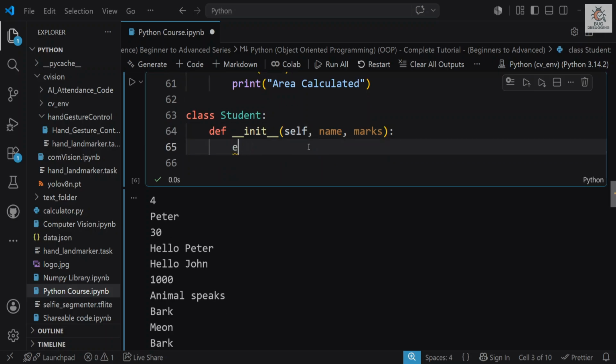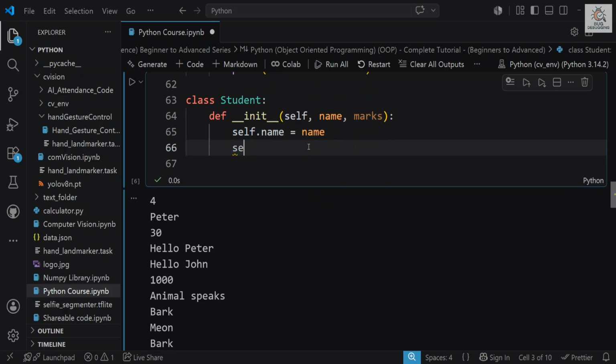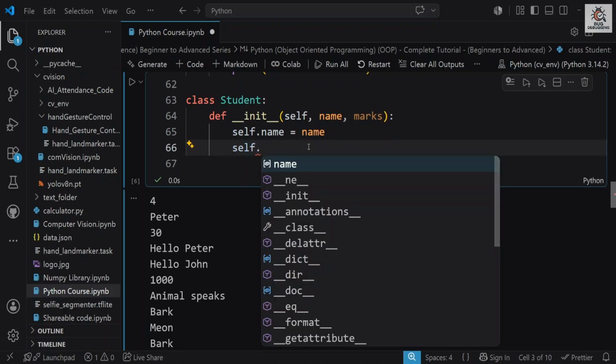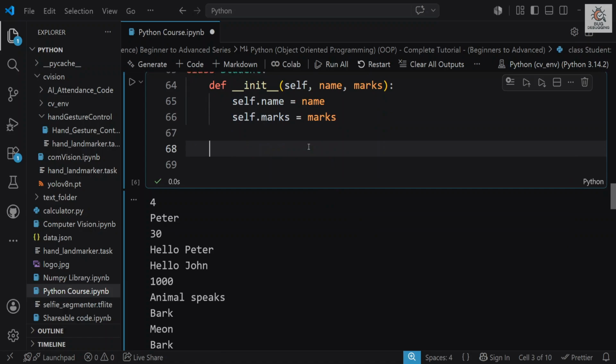Here we will simply say self dot name equals to name, and self dot marks equals to marks,